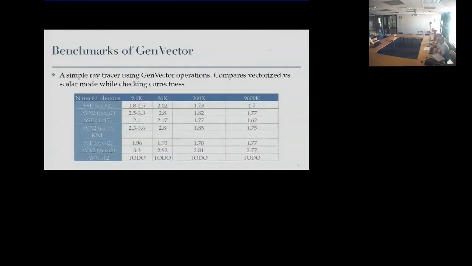Some benchmarks of GenVector. We have one significant benchmark, which, from what I understand, matches more or less the LHCb use case. And this is a simple ray tracer, which is very heavily using the GenVector operations. And the benchmark essentially compares the vectorized versus scalar mode